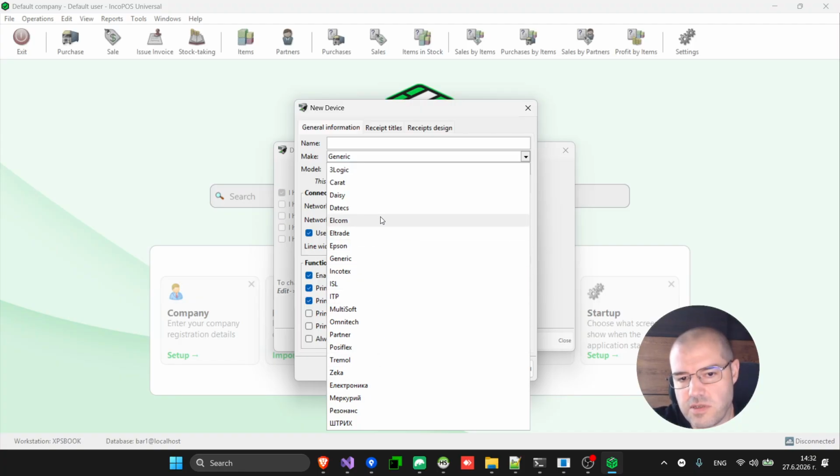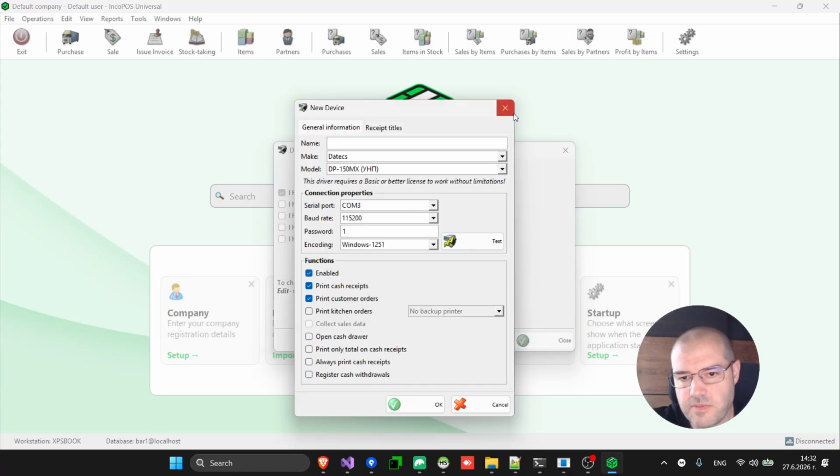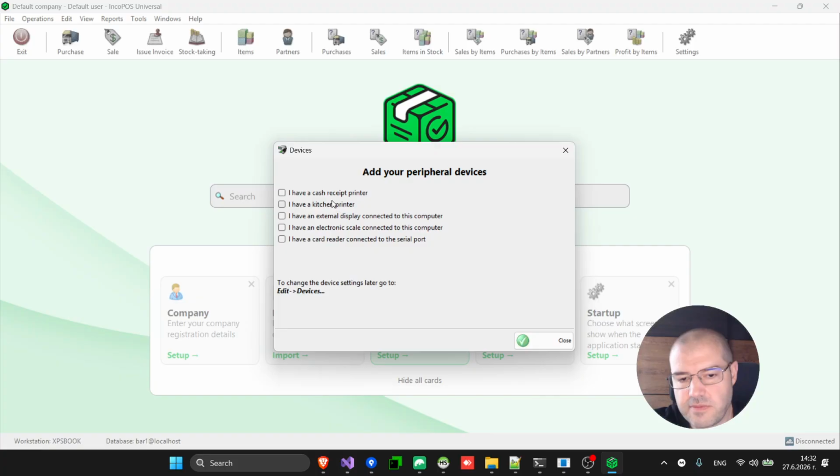So you can use some of those devices here. We have a lot of them. And this is how you add them. You just configure them, the connection parameters. You can test if you have that device connected here. I don't have it, so no need to test it or try to connect it. So just click cancel. The same way you can configure the rest of the hardware, like kitchen printers, external displays,